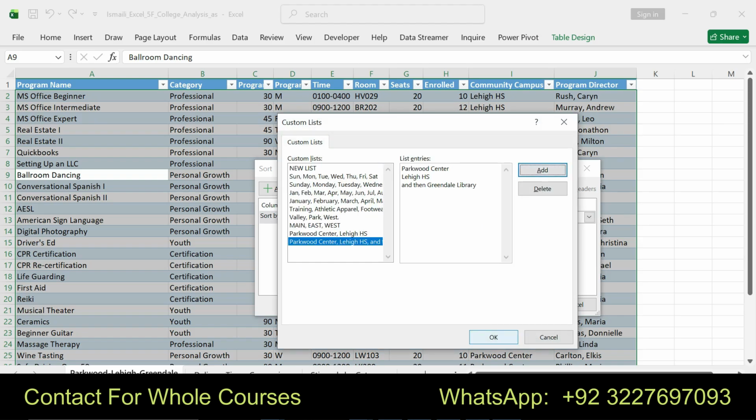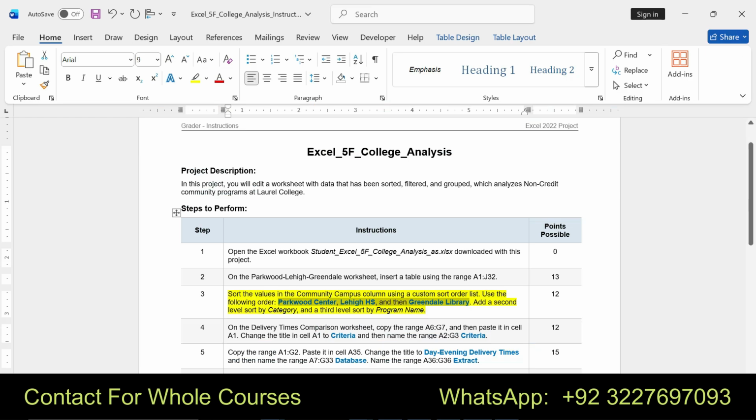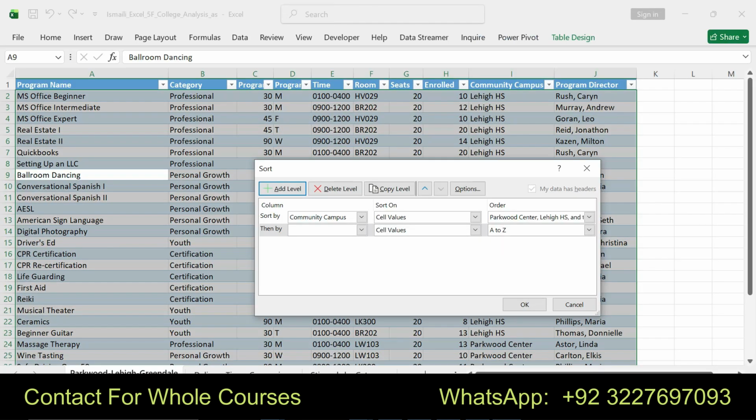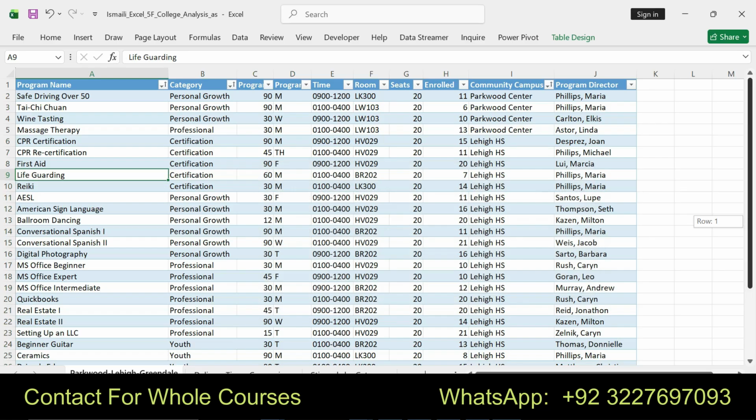At second level category, and third level program name, both in ascending order. Okay. I have done this one. Now I'm going to move to the next step.